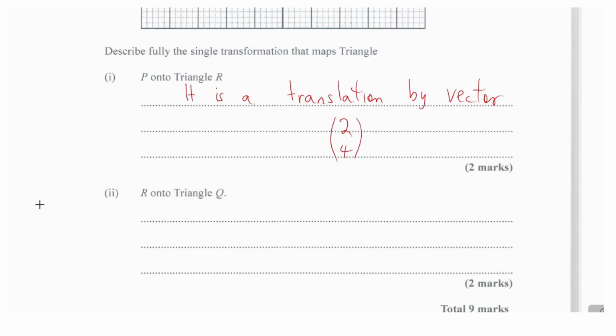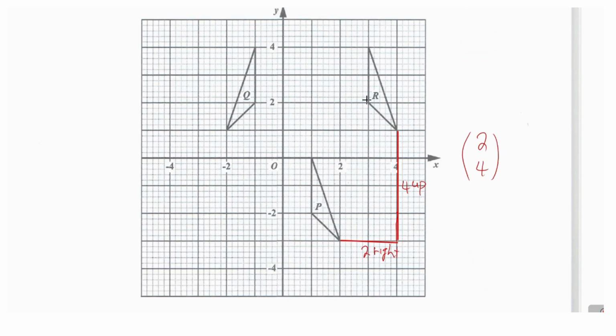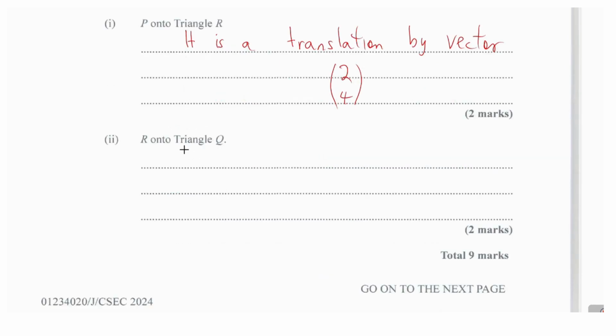And we want to describe the single transformation that maps R onto triangle Q. Let's look at R. Okay, so triangle R is here. You can see that this is a reflection in the mirror line x equals 1. So it's a reflection in the mirror line x equals 1. So x equals 1. So we can write then that it is